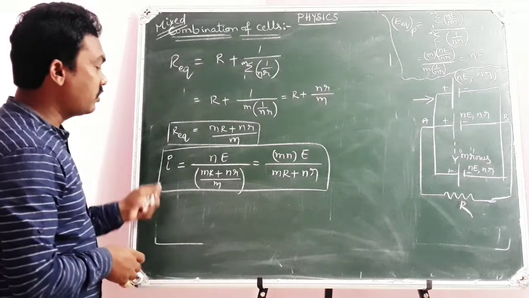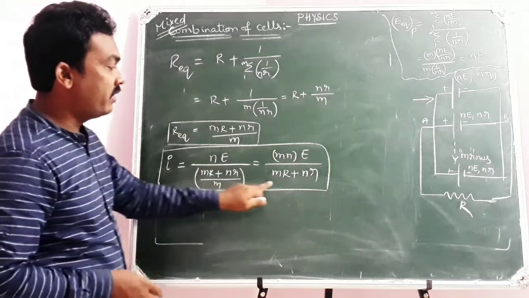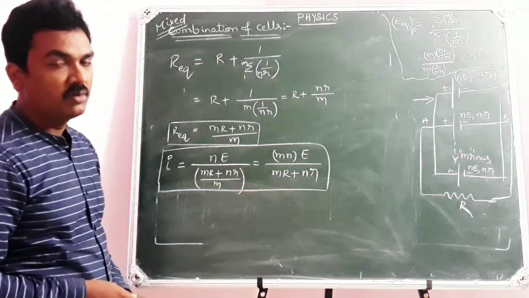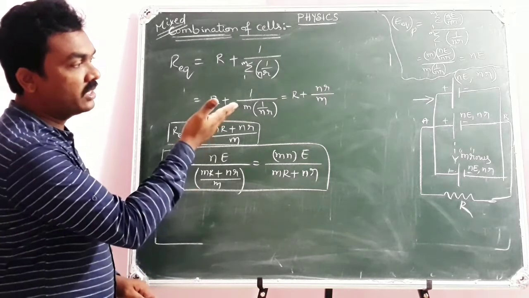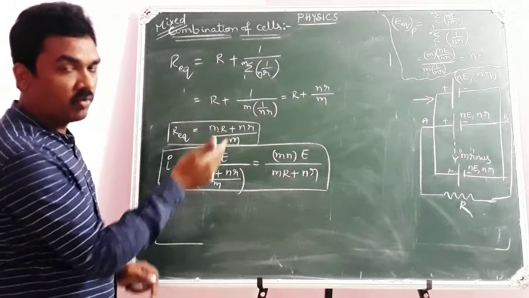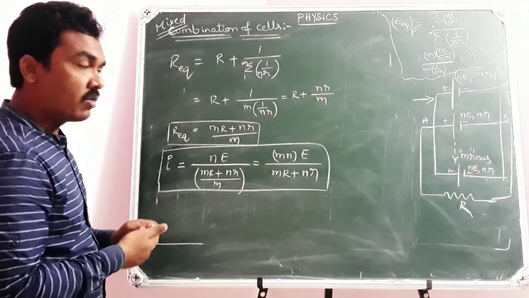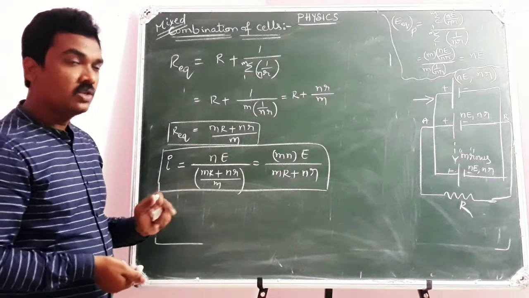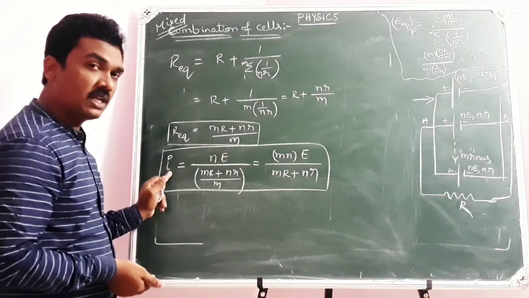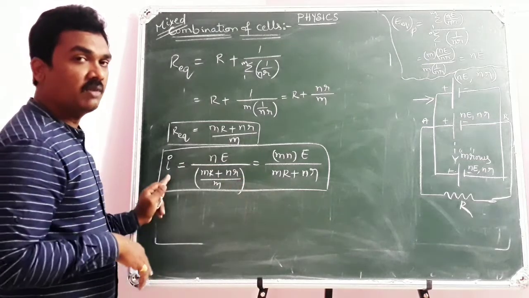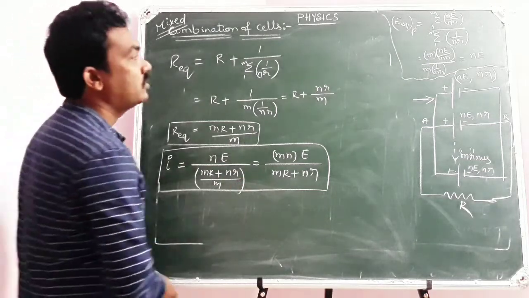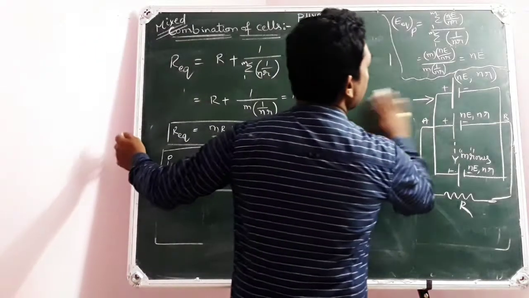Yes, the circuit current will be maximum when the denominator is minimum. For that, a little more mathematical explanation. I hope you have written that. I am going to erase it. So what point are we going to discuss? Under what conditions in this case can we have maximum current in the electric circuit, so that the denominator should be minimum and the fraction value will be maximum. So I am going to write that down.